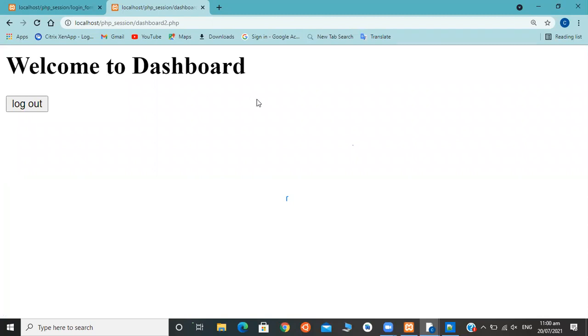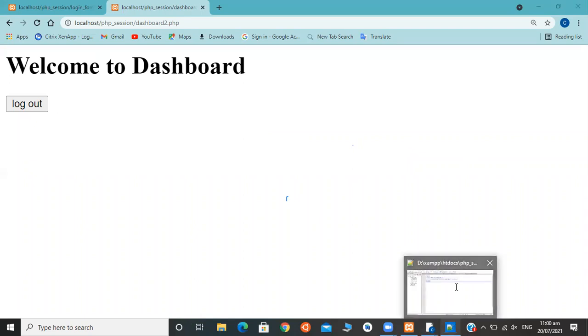So this should not be the case when we design our website. Without logging in, the dashboard page or home page should not open. So for that we have to manage a session.